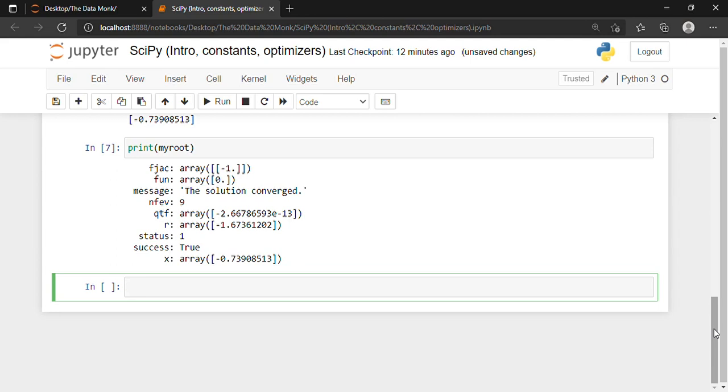Okay. So for finding the minima, we can use scipy.optimize.minimize. This function we can use to find the minima. The minimize function takes the following arguments: it takes the function and the x0, that is the initial guess for the root. All right. So let's say that I want to minimize the function x squared plus x plus 2.